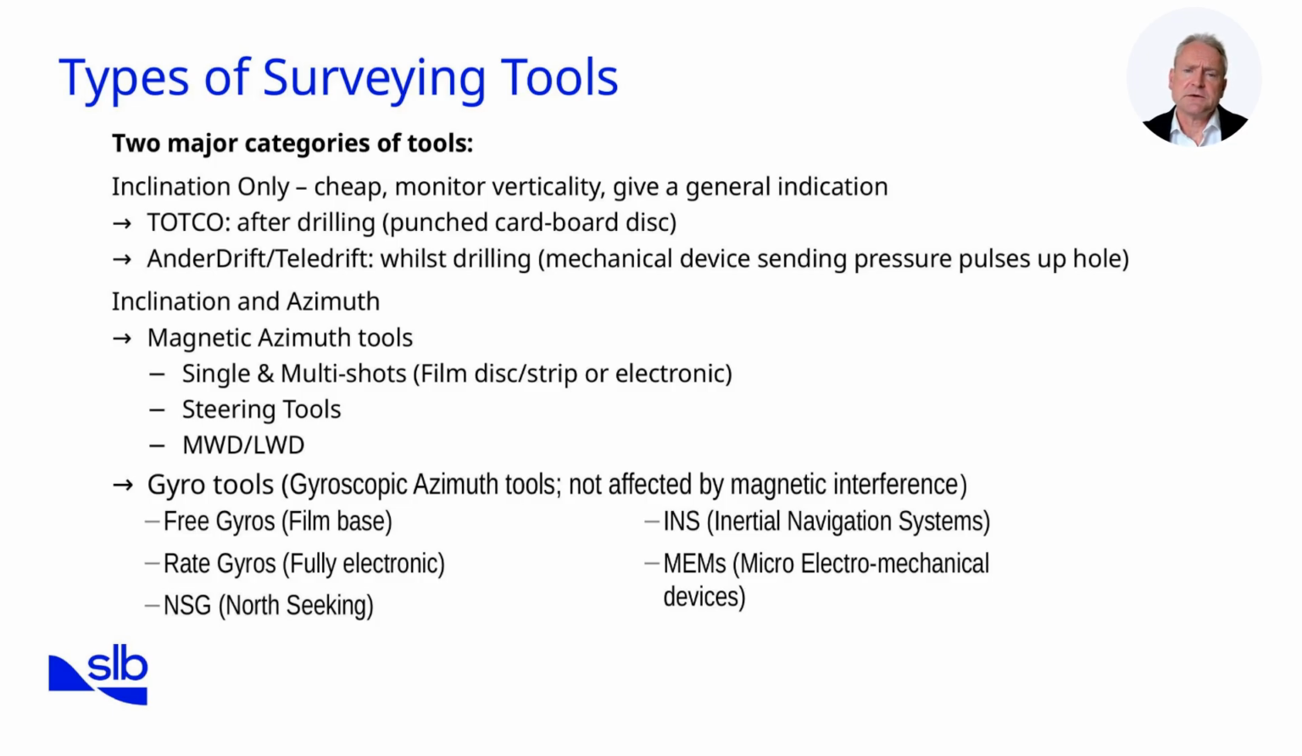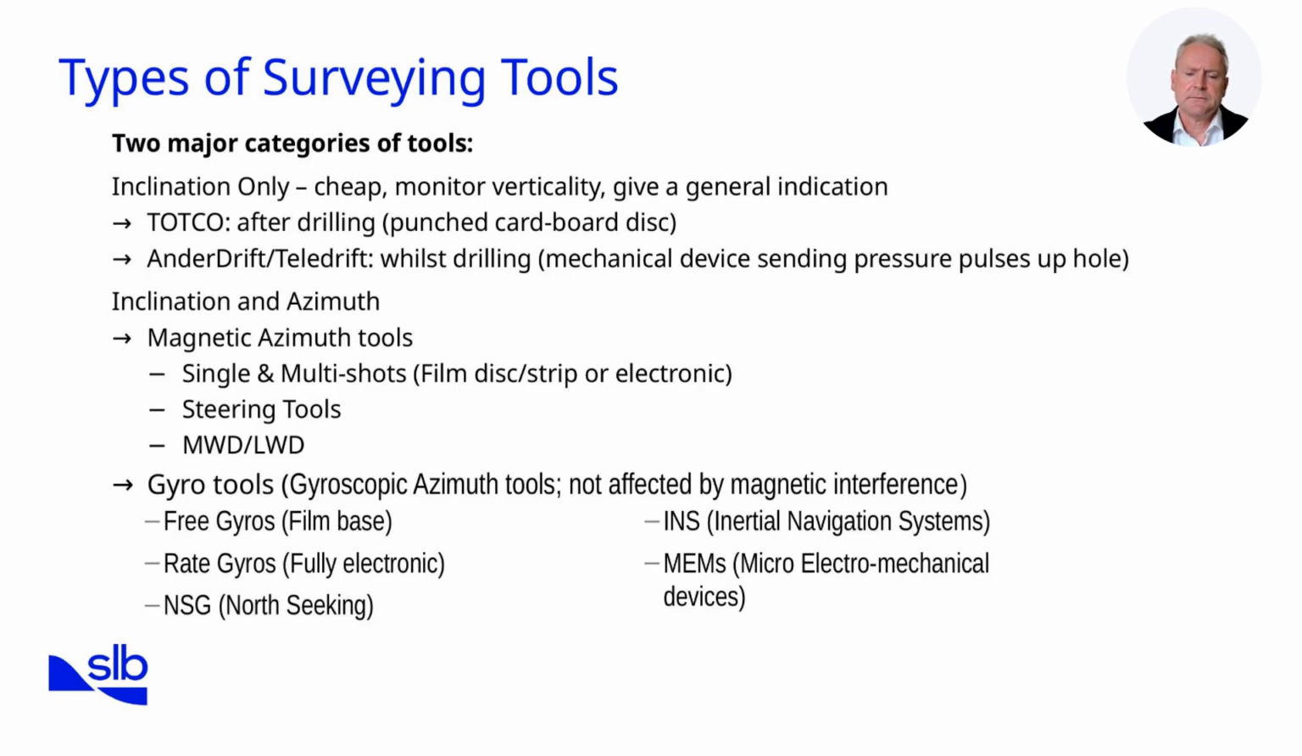More advanced systems provide both inclination and azimuth. These include magnetic azimuth tools like single-shot and multi-shot cameras, steering tools, MWD, LWD systems, and gyro tools that provide azimuth unaffected by magnetics. Gyros themselves come in several types: free gyros, rate gyros, north-seeking gyros, and inertial navigation systems, increasingly incorporating MEMS technology. The evolution from simple mechanical to digital real-time tools reflects the industry's demand for higher precision